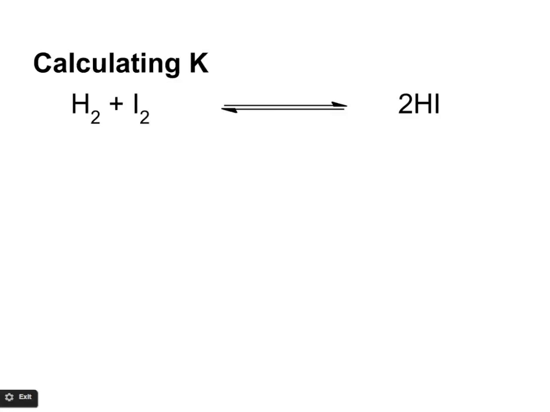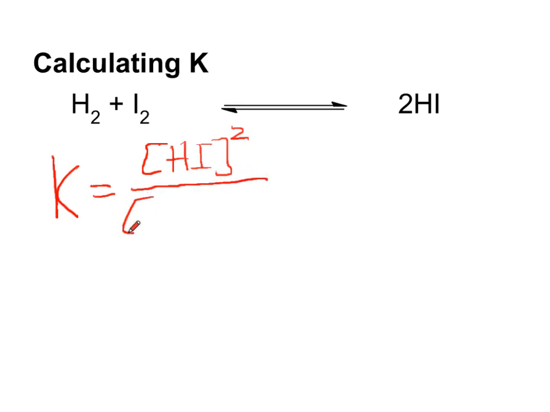So we're going to take those equilibrium values and plug them into our equilibrium expression to solve for K. Our equilibrium expression, K, is equal to the concentration of the products squared, because it has a coefficient of 2, and the reactants to the first power, but they're going to be multiplied by each other, products over reactants. Now we're going to plug in those equilibrium concentrations from the table before, so it's going to be